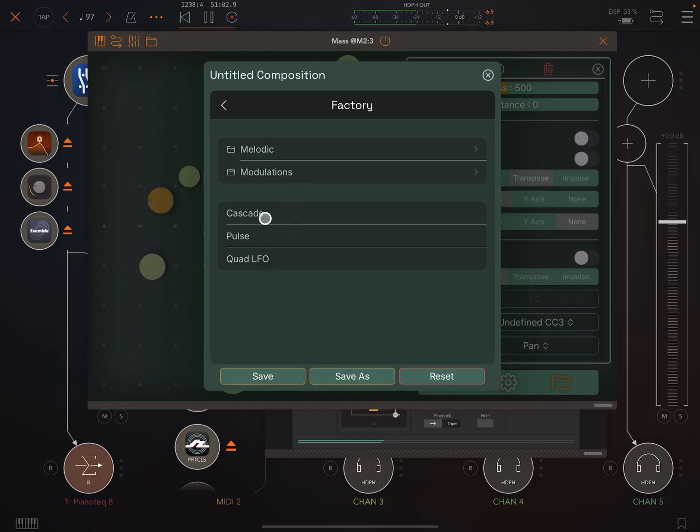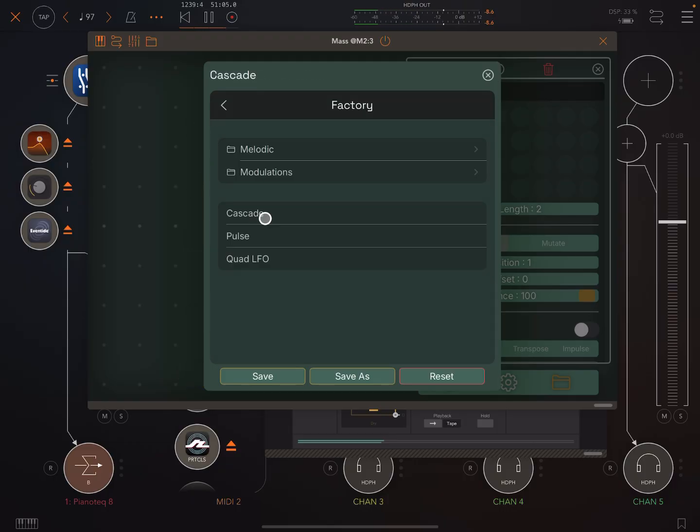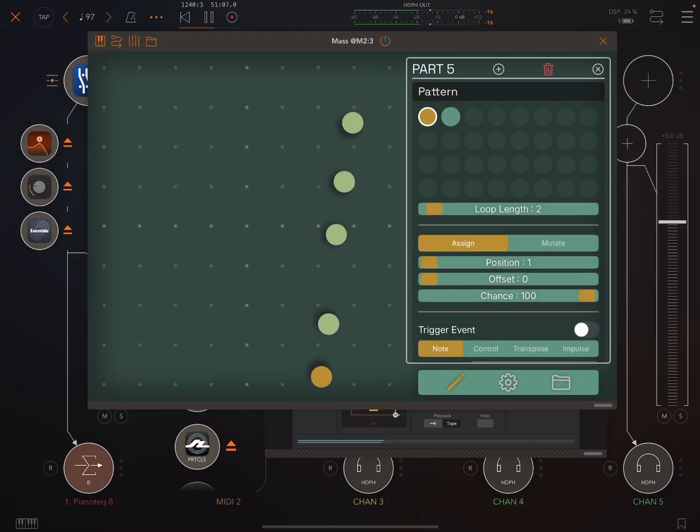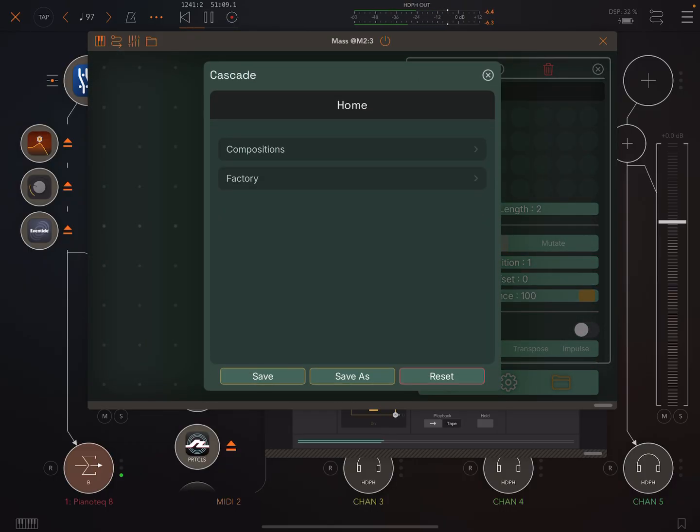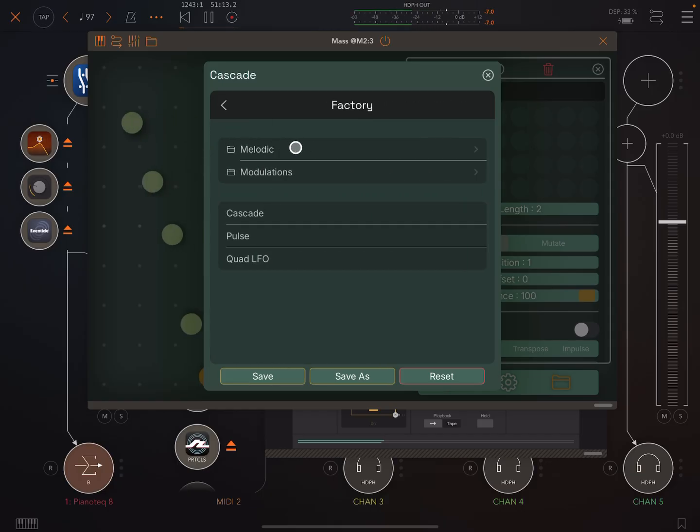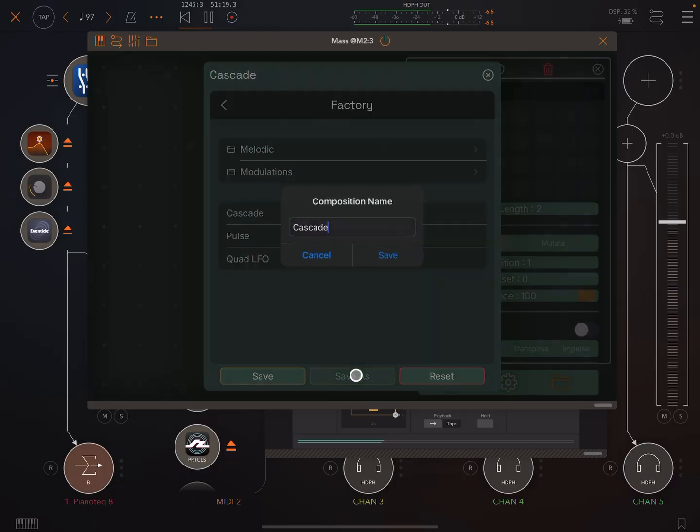So these have not been saved inside a folder. But here we have a folder for melodic and modulations. You can save your own